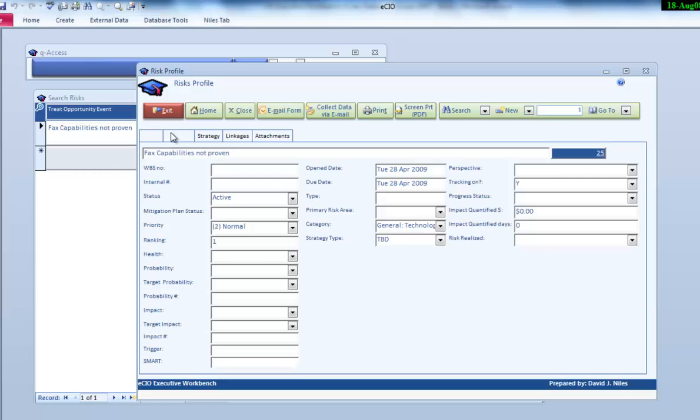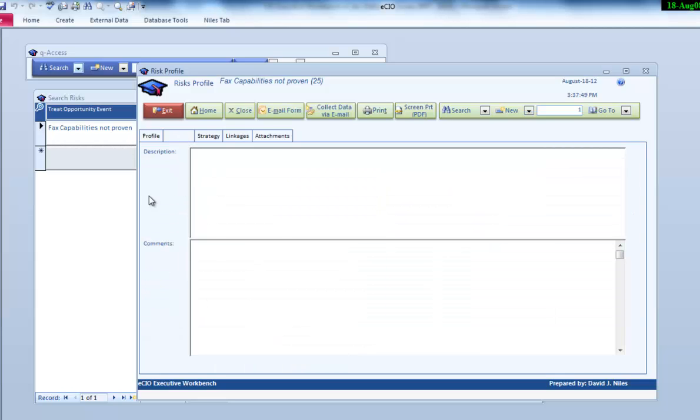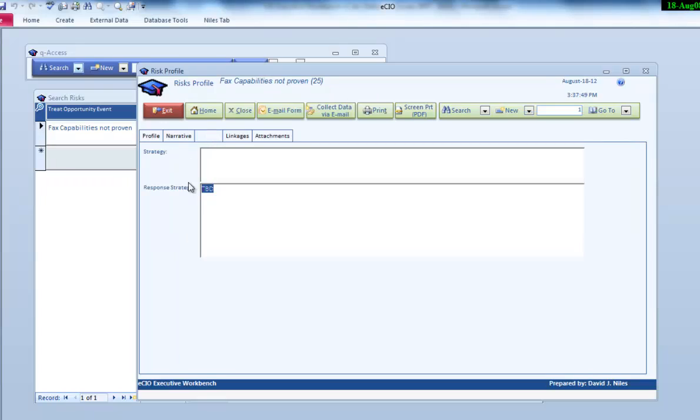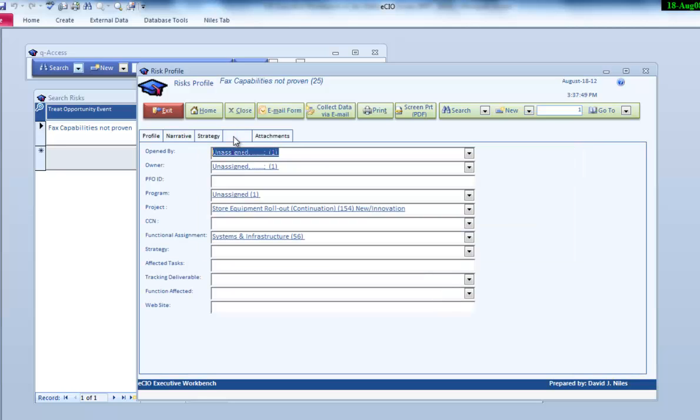And here's the information that we collect on our particular risk: mitigation plan, status, whether it's been approved or not approved, the health, target probabilities, etc., the date it was opened, and the impact, if there's an impact in dollars, etc., that we may want to calculate a little bit later. Overall description, some comments. In fact, we have a strategy for how we're going to manage the response on it, as well as some of the other